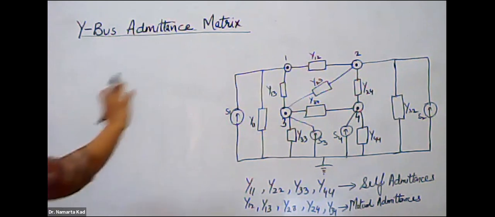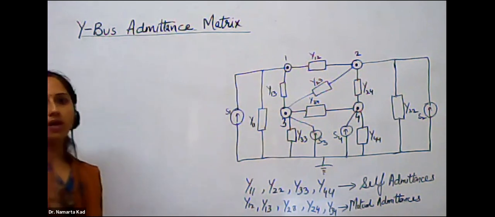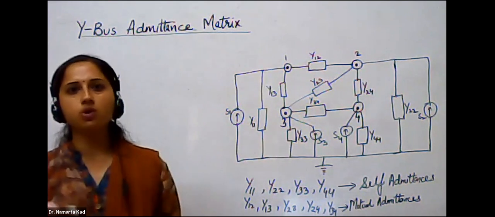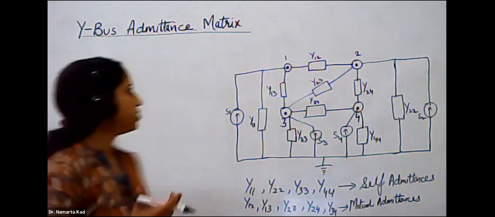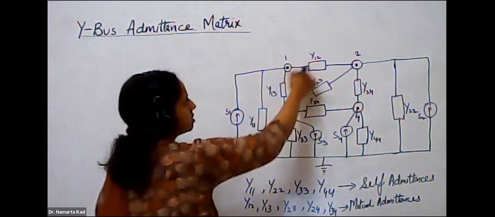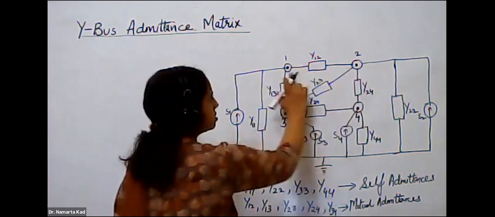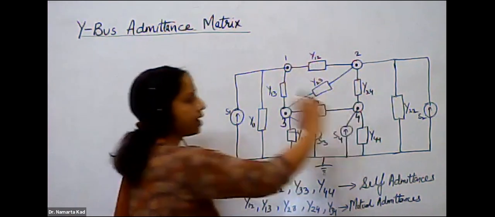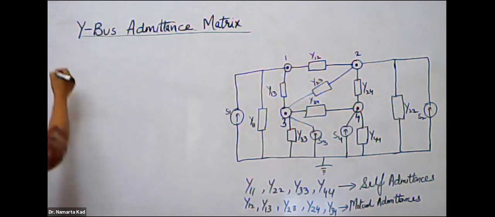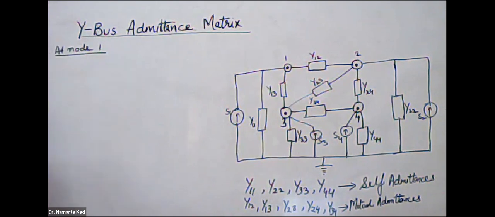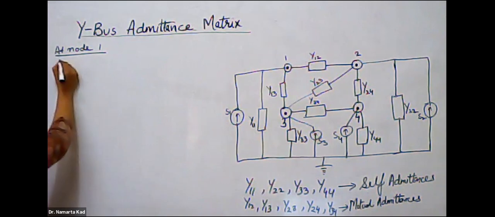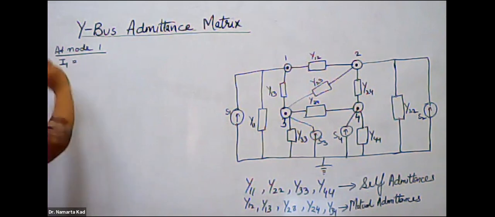Now after drawing this figure, we have to write down its equations, the same Kirchhoff's equations. So we have to apply Kirchhoff's law on these nodes: node number 1, node number 2, node number 3 and node number 4. At node 1, we have to write down the equation for current I1 like this.